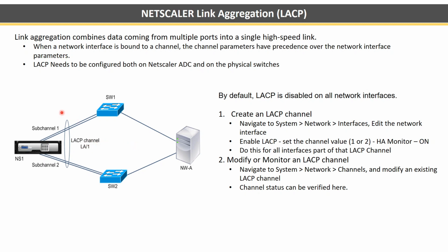So as a rule of thumb, just to summarize, LACP needs to be configured on both ends. The network team needs to do it on the switches, and you need to do it on the NetScaler. You first need to identify the interfaces, let's say 1, 2 or 4, then select all the interfaces, enable LACP, and put the same value. If it is 1, it has to be 1 in all the interfaces in that LACP. You might have different LACPs, right? In that LACP you need to have the same value, and you need to select the HA monitoring on. And another thing, as we discussed, if you have the ports as trunks, the VLAN tagging needs to be done on the channels, which is here, right?